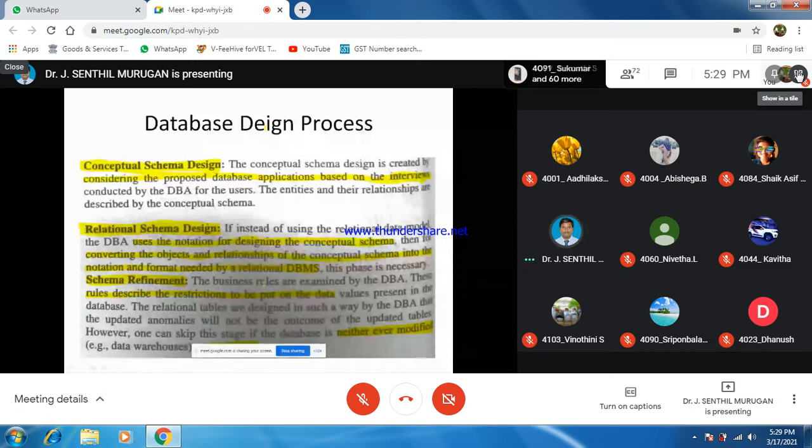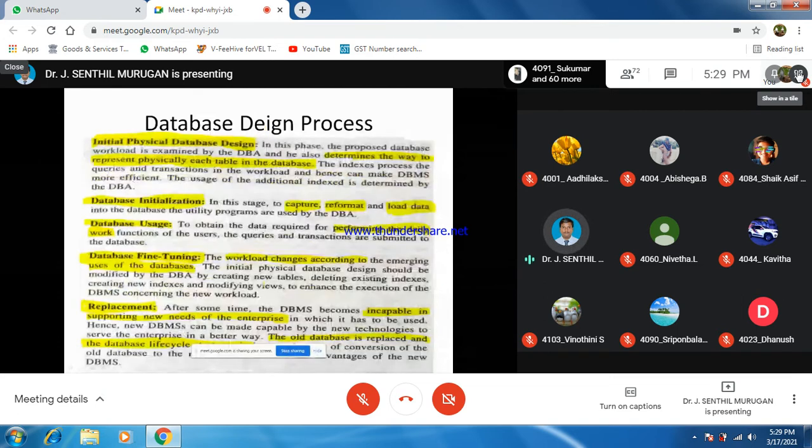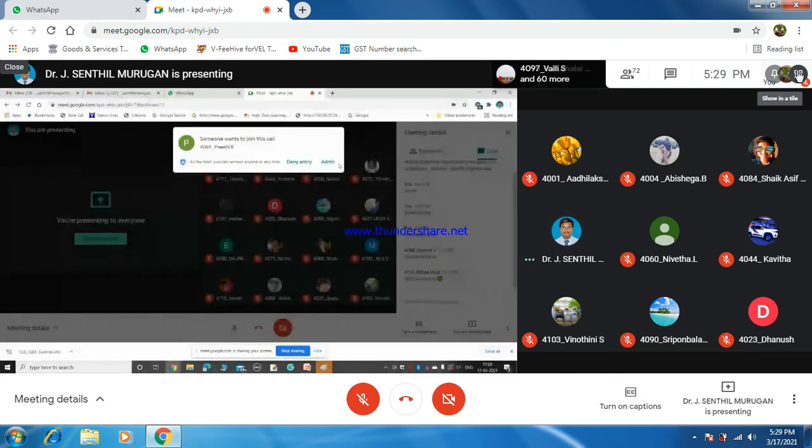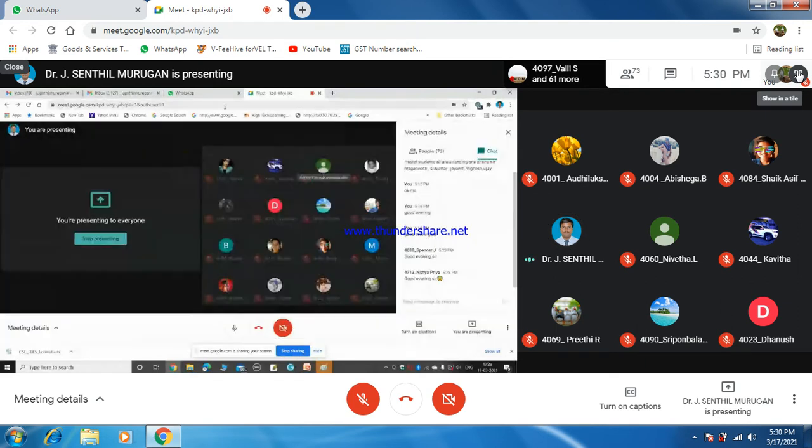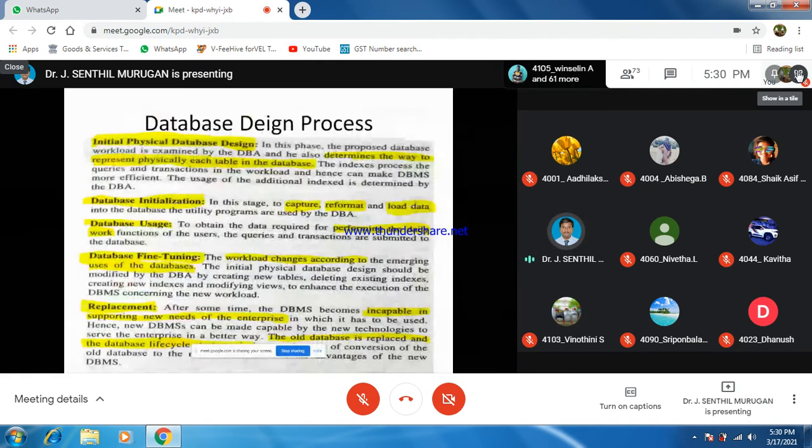Now initial data. Initially we check the physical determinants, that is, how each table in the database is going to be represented. Next, database initialization: whether data is captured, reformatted or loaded.